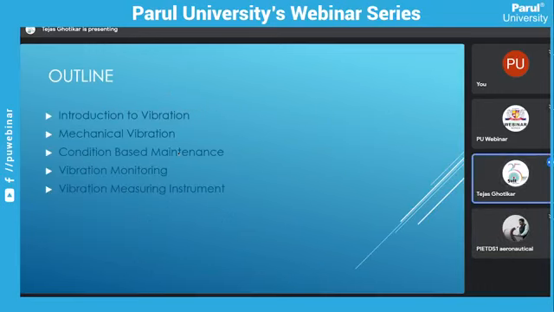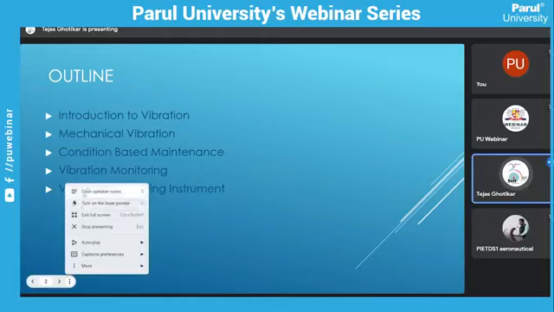So this is the outline. First we'll go over the introduction part of vibration. Then we'll see what is mechanical vibration. Then we will go over condition-based maintenance. It is like, why are we going for vibration monitoring? The answer for this question is in this